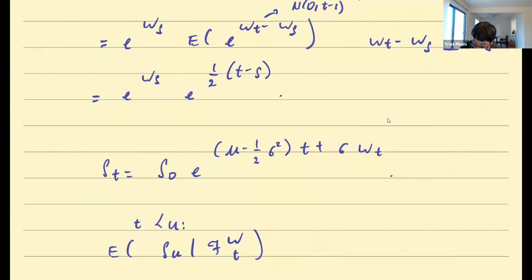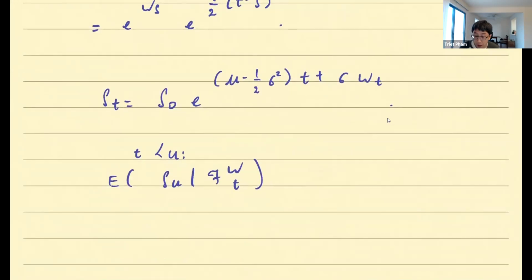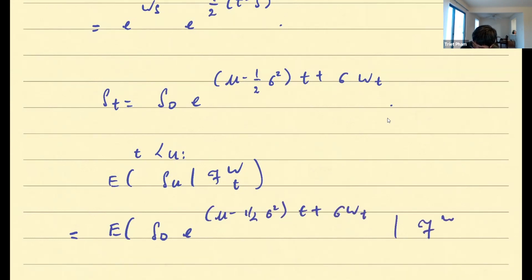So what are we doing here? This is your past history, all the history up to time t. You are trying to make the best guess of the stock price at some future moment based on the information available up to this time. If you break down the whole calculation, you get this S0, oh sorry, it's U.